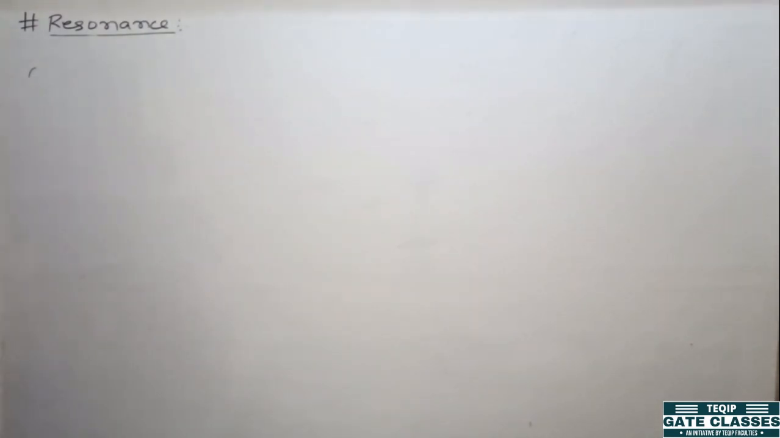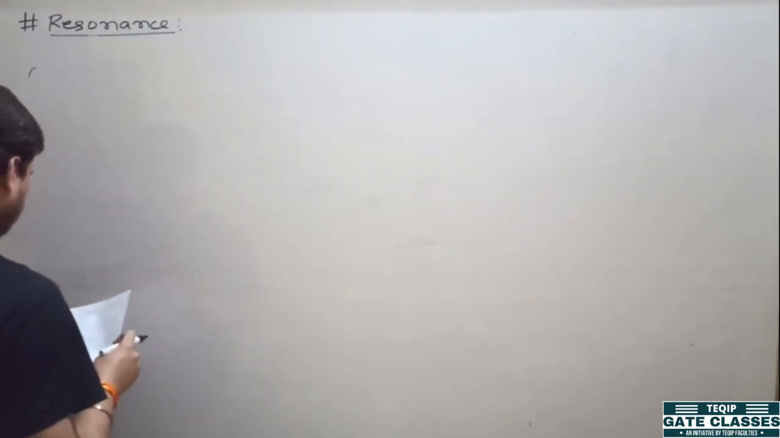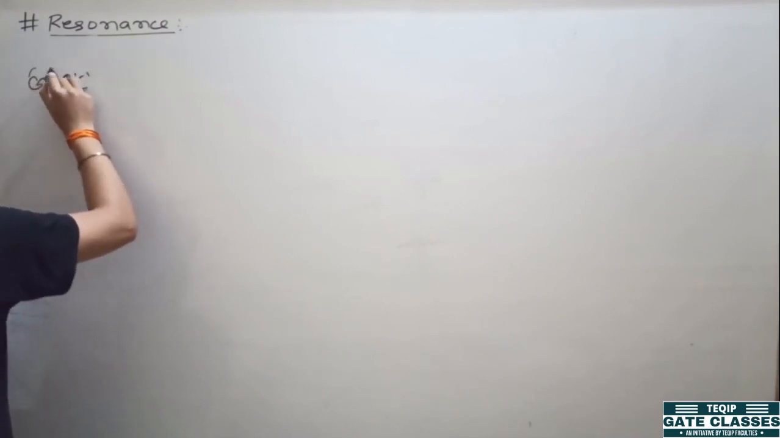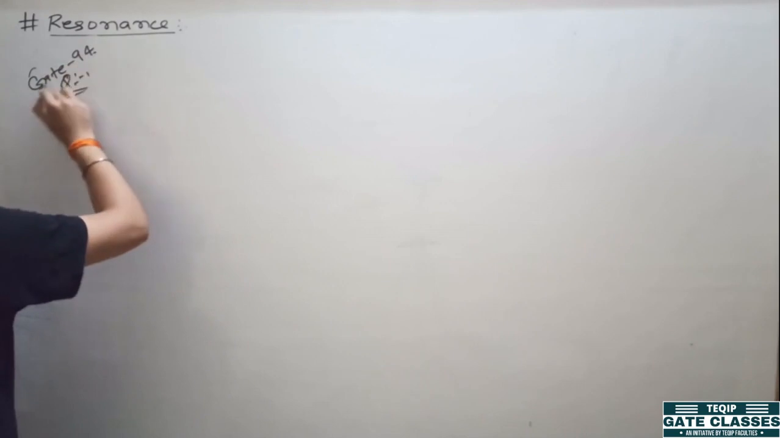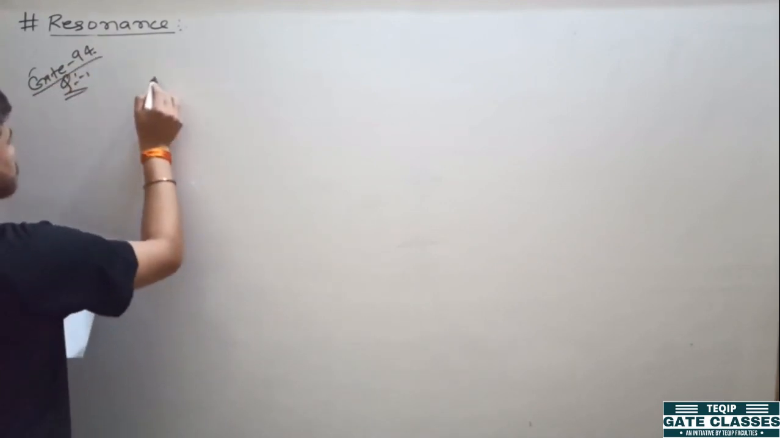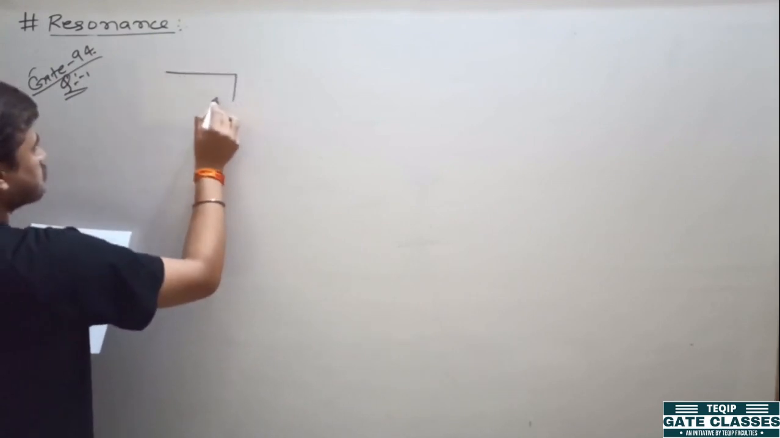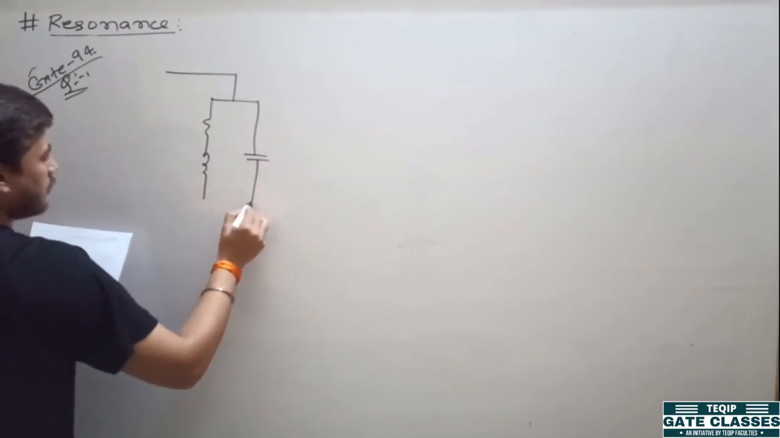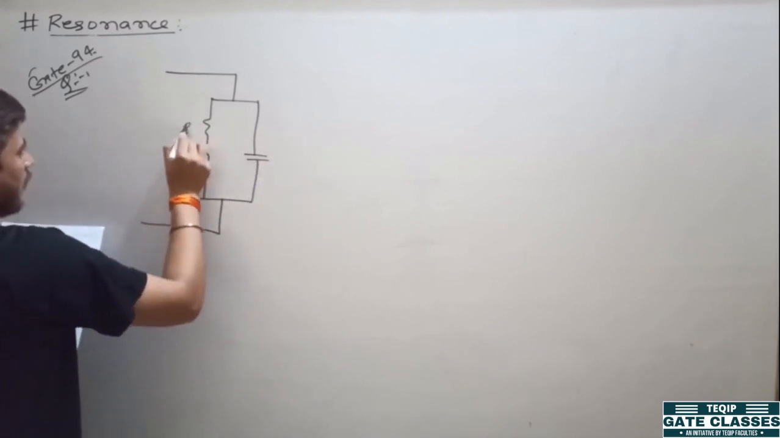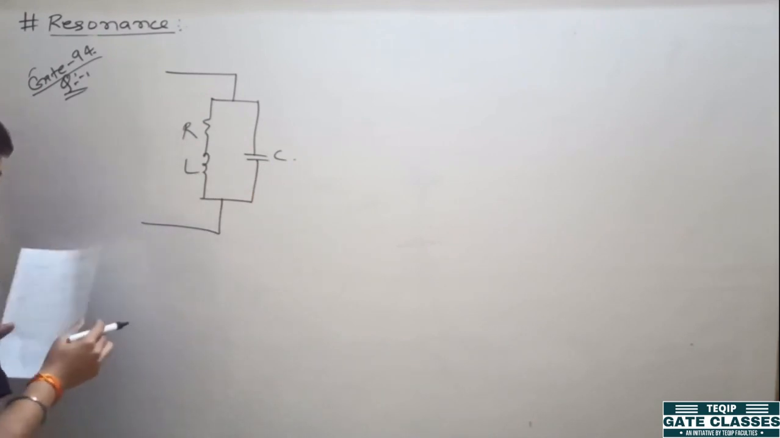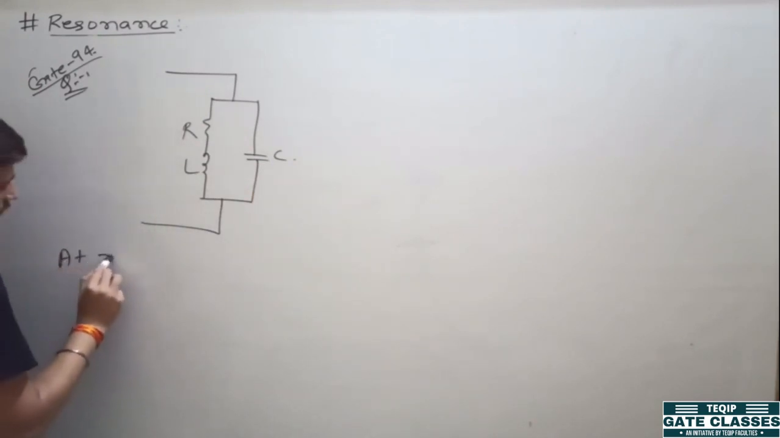So let us see one more question. The question was asked in GATE 94 electrical engineering. It is given that there is a resistor, inductor, and a capacitor, R, L, C. Now they are asking you, at resonance the circuit behaves like,